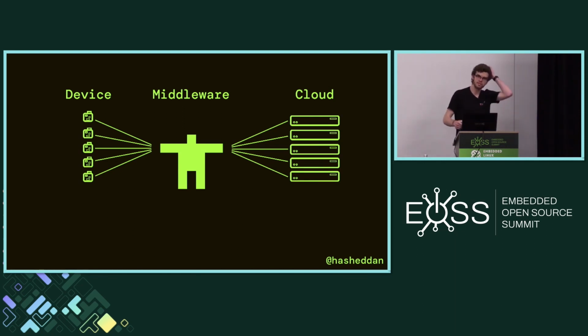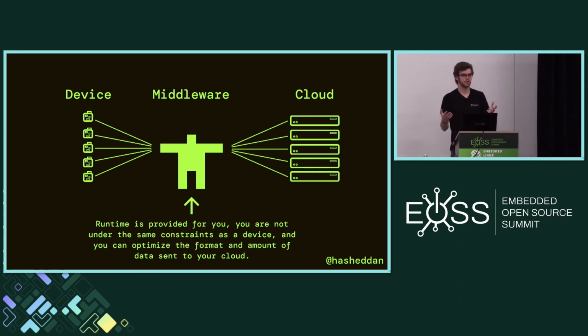And this is bidirectional, right? This could be going from your backend or from your cloud down to devices or vice versa. Today we're going to be looking primarily at data flowing from devices to your cloud. So why might you want to run WebAssembly at each stage in the system here? Well, if you want to run it on something like Golioth, you're probably going to have a runtime provided for you. You're not under the constraints that you would have on a device, so having a runtime present is not something that's much of a concern. And you can provide optimization by perhaps filtering data or compressing it or something like that